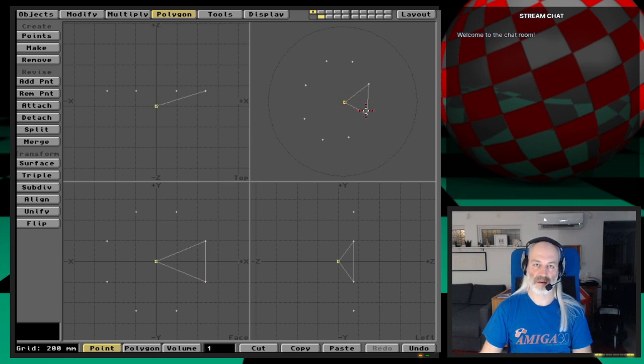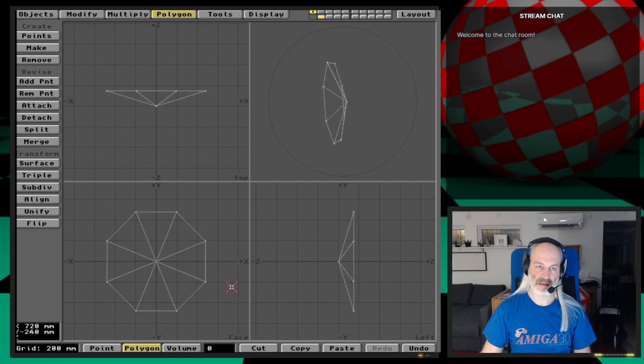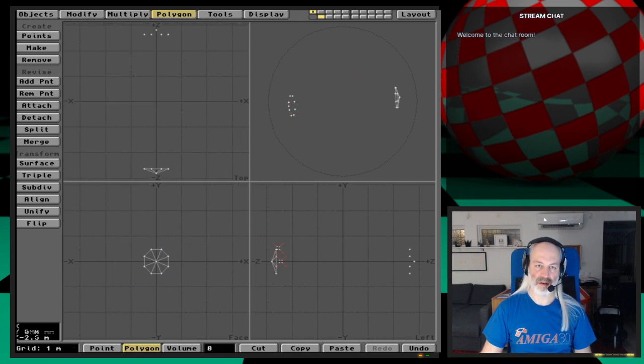Point, point, point, point. There. I'm checking that every polygon is facing outwards. Okay. So now to the other side, centering here with G,